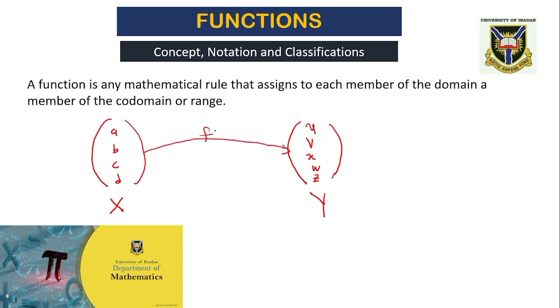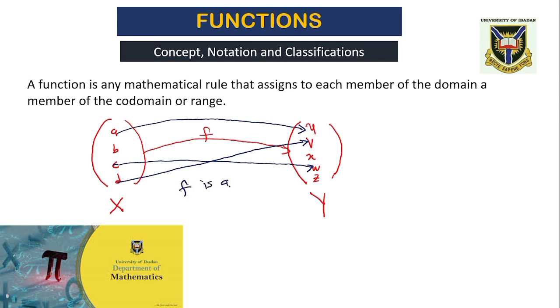I call it F. What this function does is that it maps A in the set X to U in set Y. It may take member D in X to V in Y depending on the rule of F that governs this mapping. C may be taken to say W, okay, depending on how the function is being defined. But what we have done here is F is obviously a mapping,